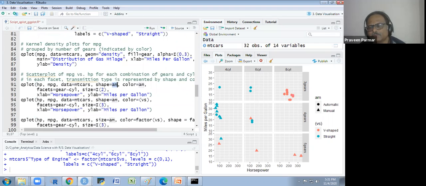Here I will not use the AM now. I will use the gear transmission. So gear transmission I have to use in quotes because there are two words in one. Here also I will write the gear transmission. I just copy paste it.